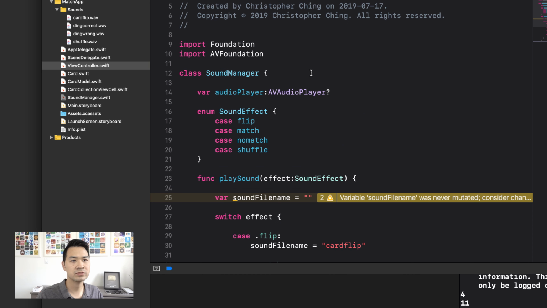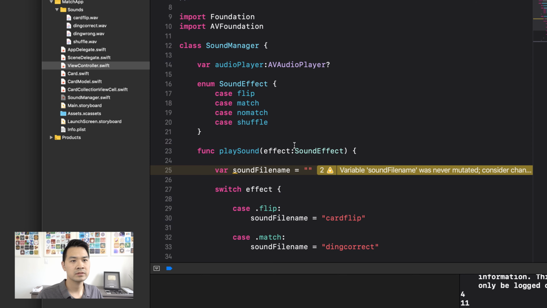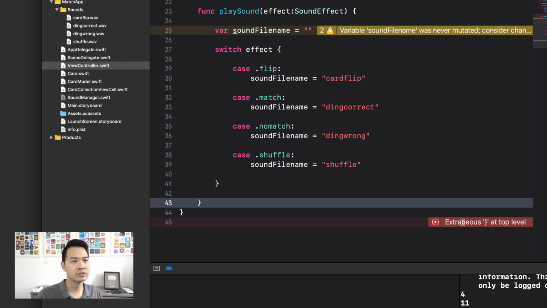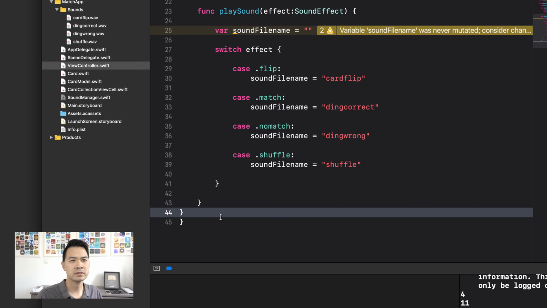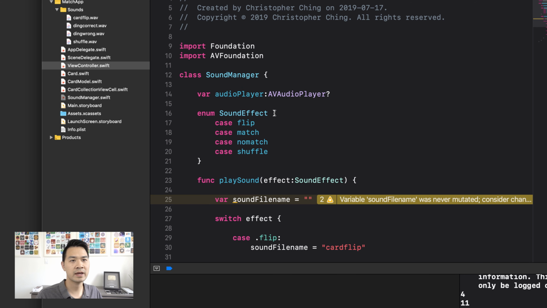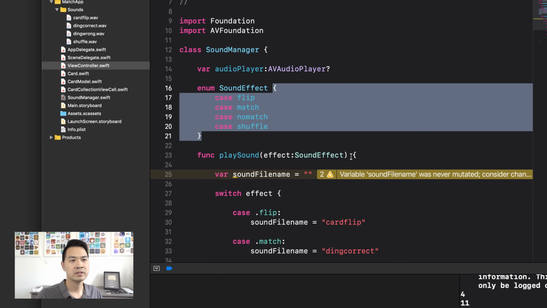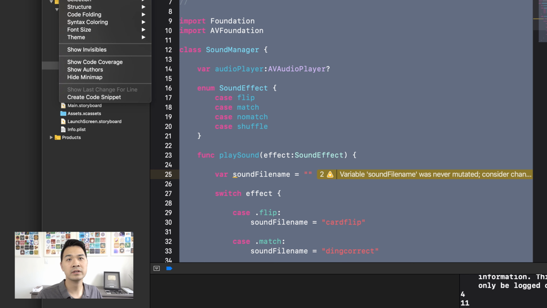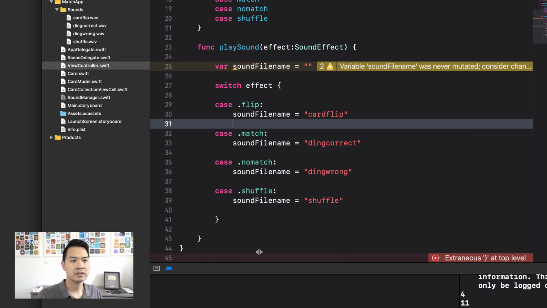I wonder if that's true. Switch this one. I don't think that's true. What? It's kind of strange. Let me just double check what I have here. So I have this one matches this one. You know what? This is a perfect case. Let me just highlight all of my code here. Let me go to structure, re-indent, and